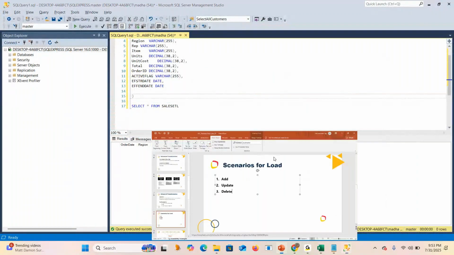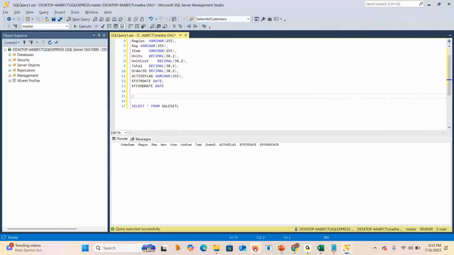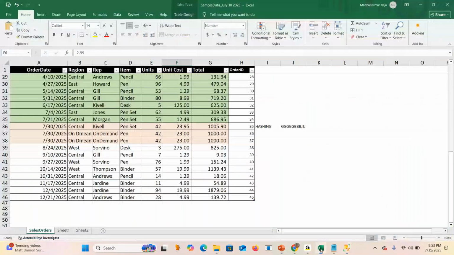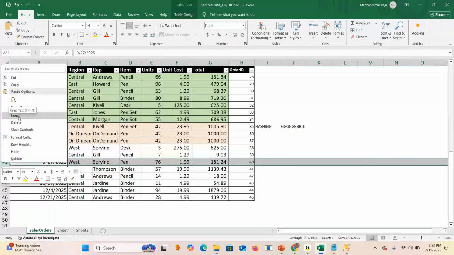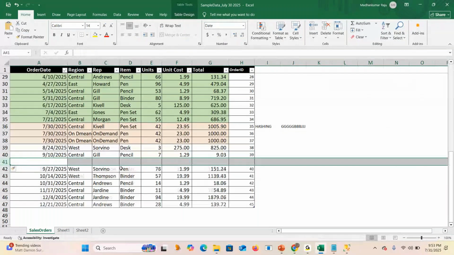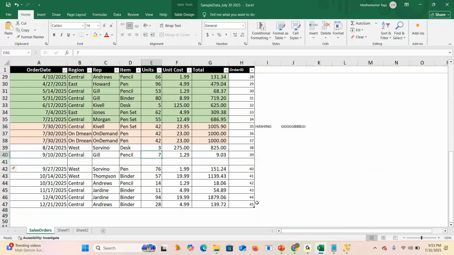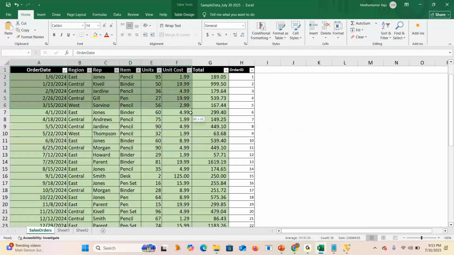Now what happened? From the source, sometime, let's say in the order 39, whatever, someone wants to edit the units.